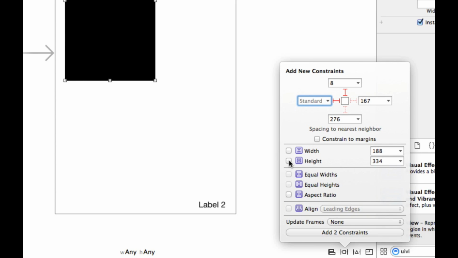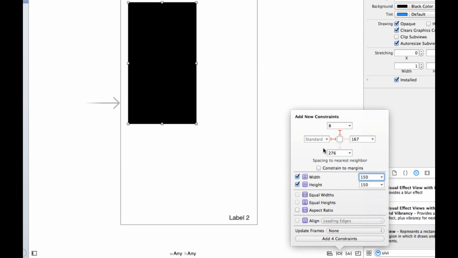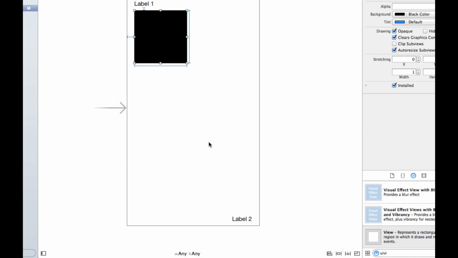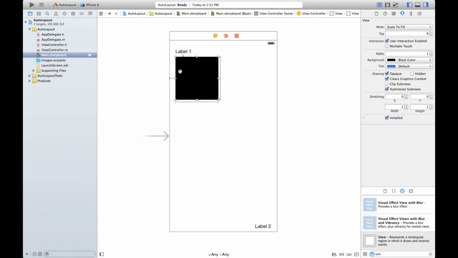Whatever width and height we want, we should put it here. For example, I want it to be 150 by 150. So it would make a cube. So if I update frame, we can select item and new constraint and put for view constraint, and as you can see, it will shrink until it becomes 150 by 150,